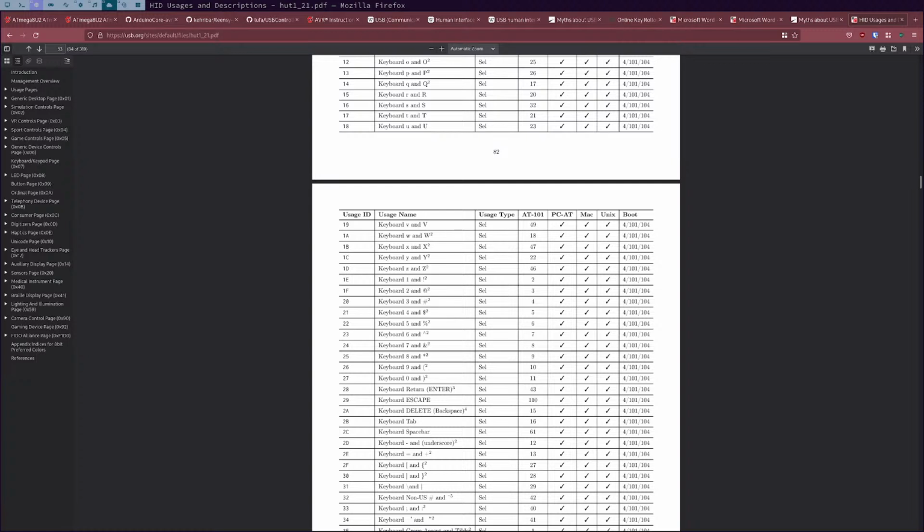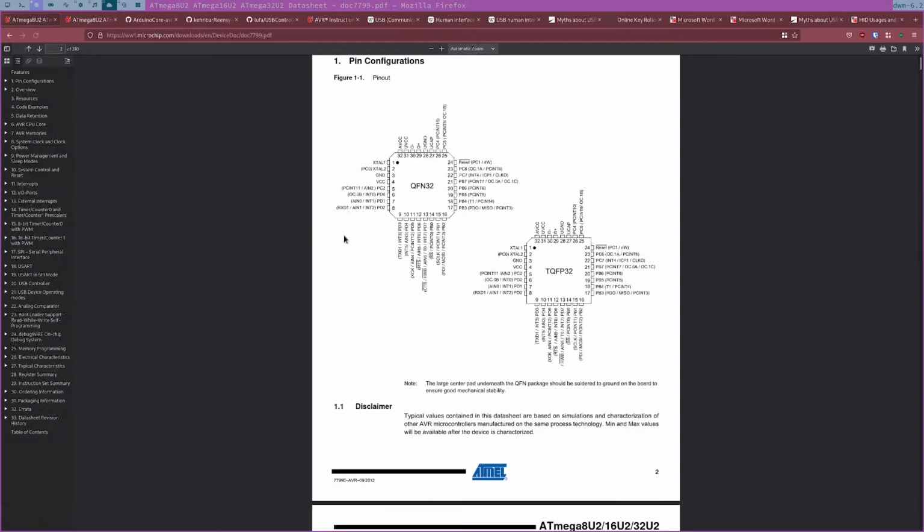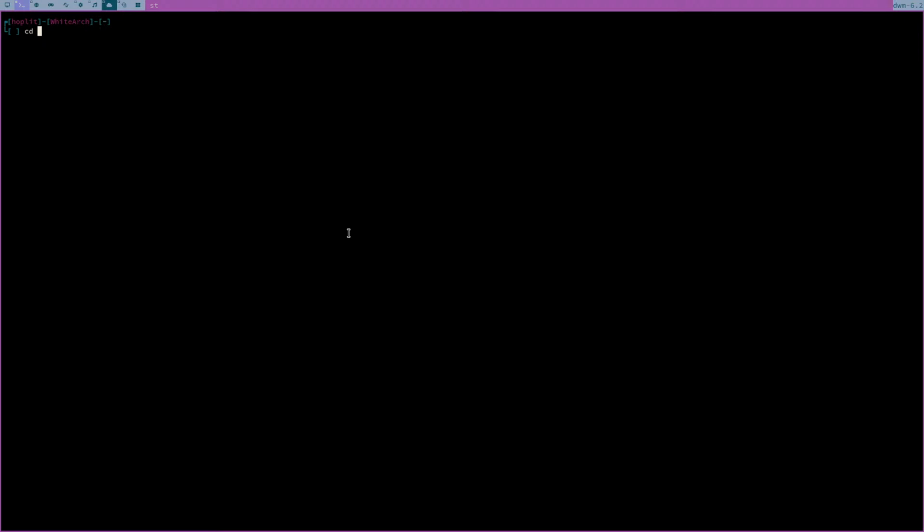But there are a couple of problems. So you see, I'm using the, what's it called, Atmega8u2. Now, if we were to look at the example,